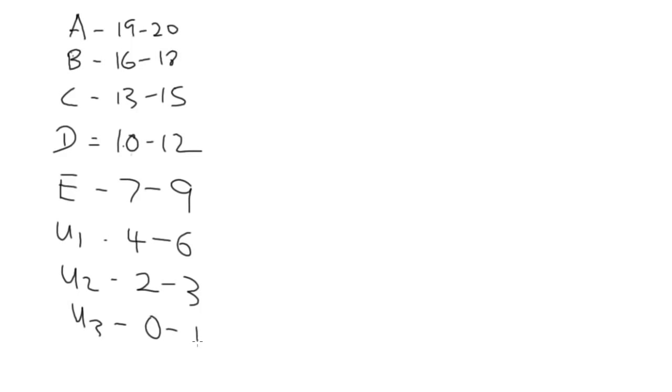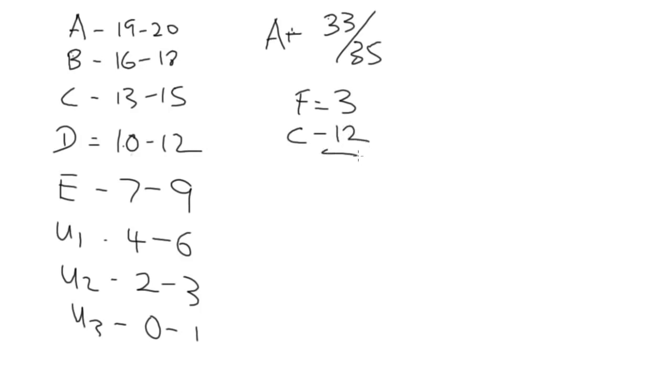Okay. So for an A plus, I told you you only require 33 upon 35. That means you need to get format full marks 3, content 12, that is 15, and only a B, an 18, to get your A plus.